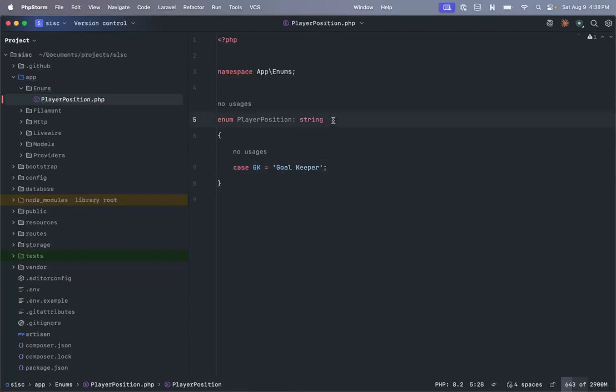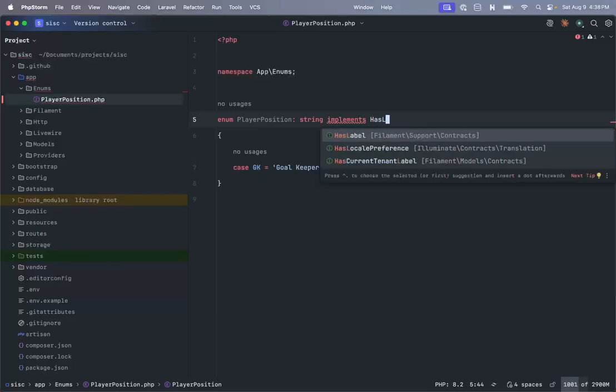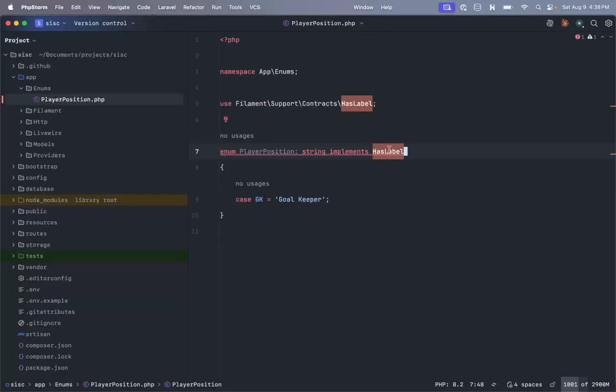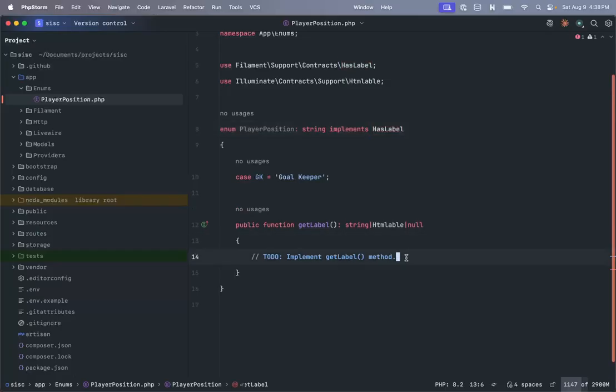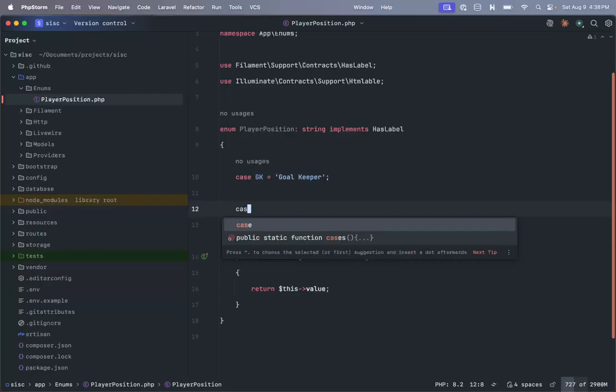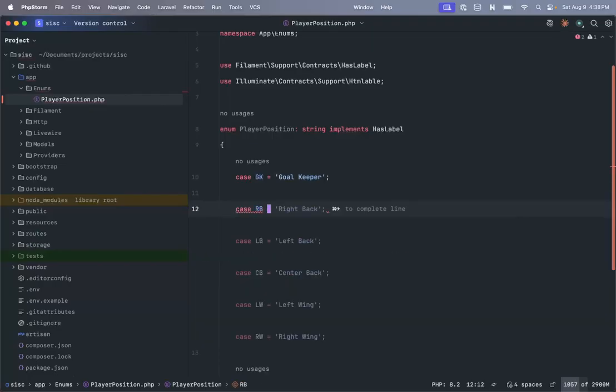And Filament also provides a contract called, let's see, I think it's called HasLabel. Yes, so we'll add that little stuff, and under here we will say return this value. So it's going to return the goalkeeper for the label, but the actual value is going to be the GK that goes into the database. So let's try and duplicate